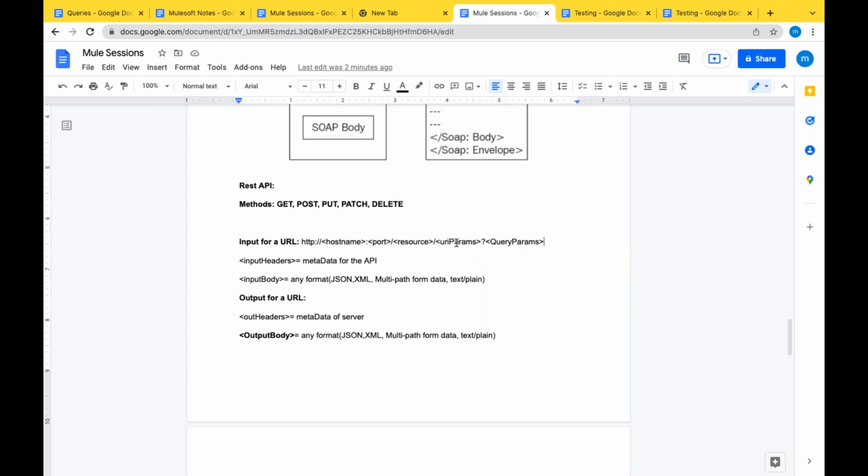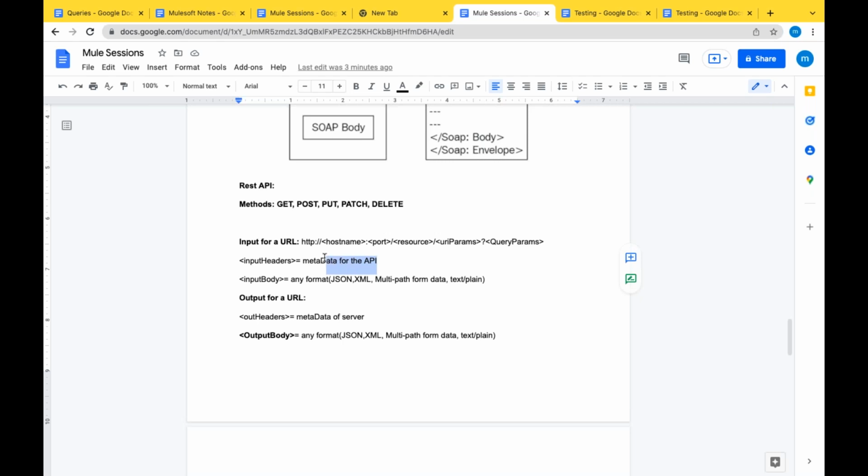If you see, inputs are nothing but dynamic values. Here our inputs are URI parameters, query parameters, and headers. Headers are nothing but metadata for this specific API.